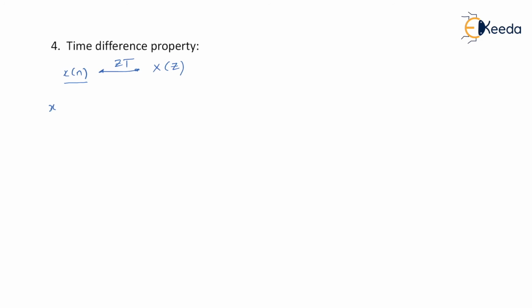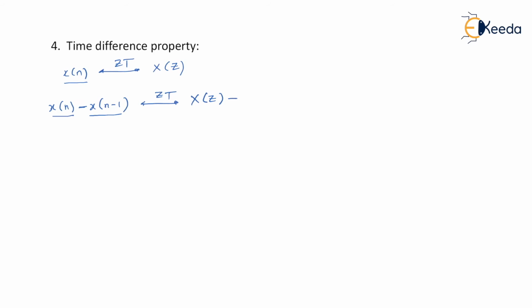The time difference signal is this way, that is x of n minus x of n minus 1. This is called a time difference equation. Please understand, this is called a time difference equation. In that case, it will have its z transform this way. When I take the z transform of x of n, we know that it is simply x of z. Then we have a negative sign, and the signal is x of n minus 1. Now you have to apply the time shifting property here.